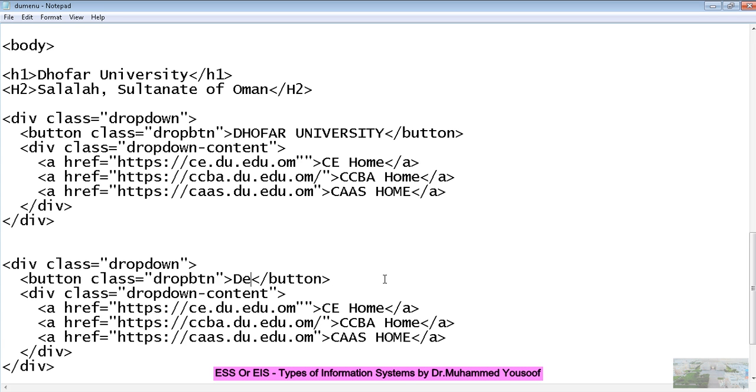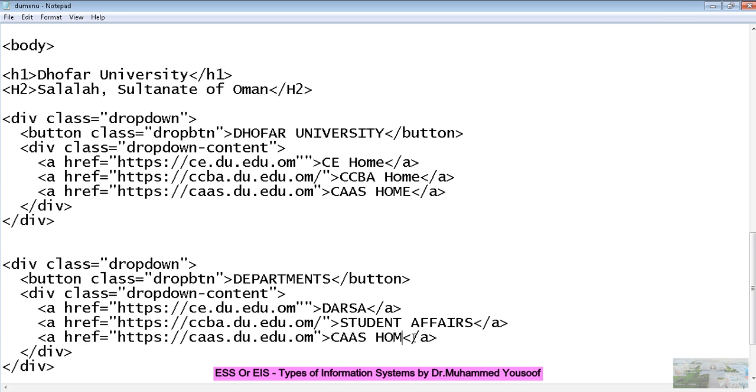Okay, departments, and then type here maybe human resource, or you just type Darsa, for example. Then you can type, for example, student affairs. You can type.